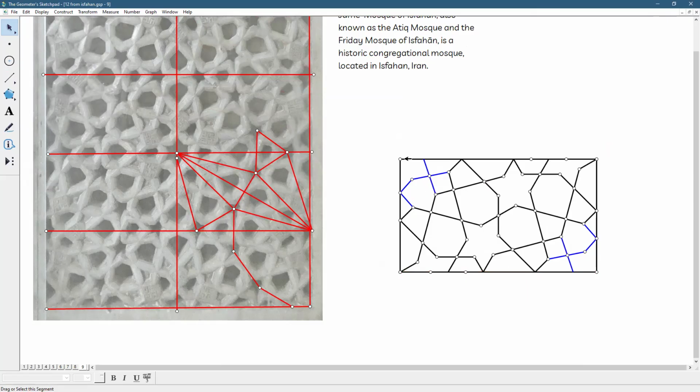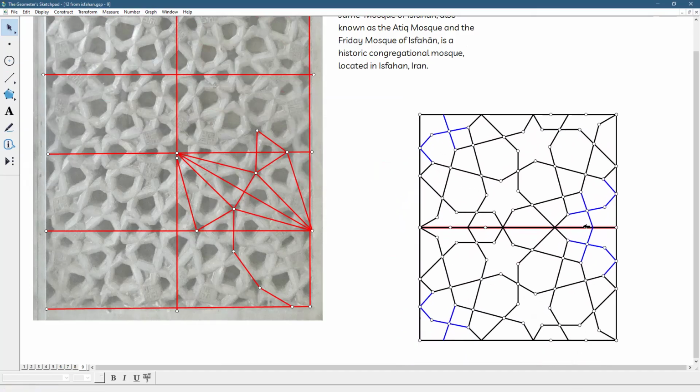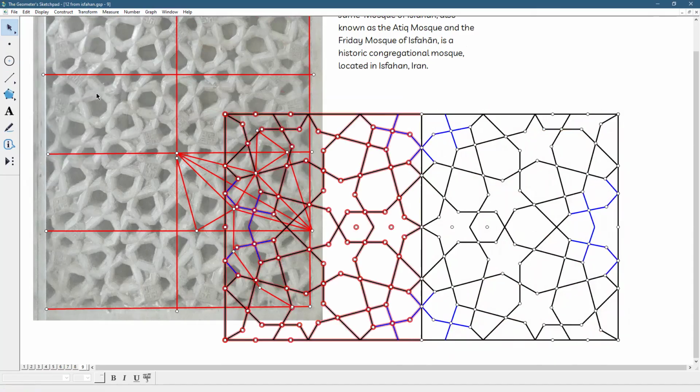So if I reflect it, transform, reflect, okay. So we got this part. Now display, hide this segment. Now again, transform, reflect, okay. And now remove these things,